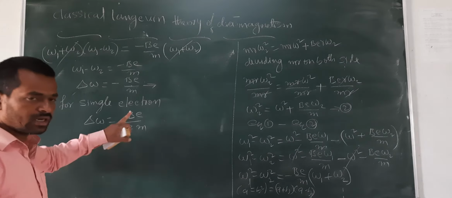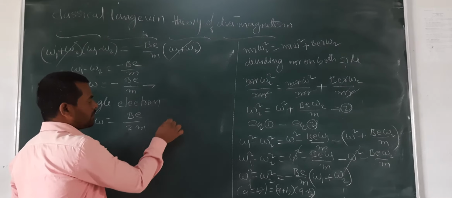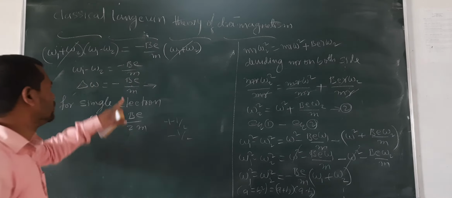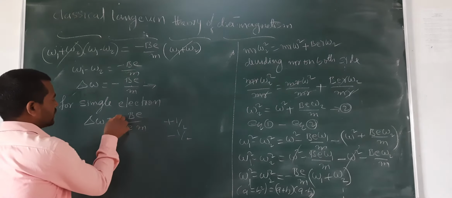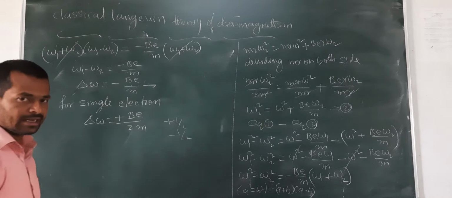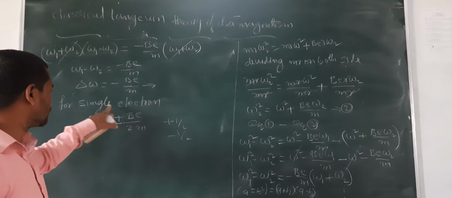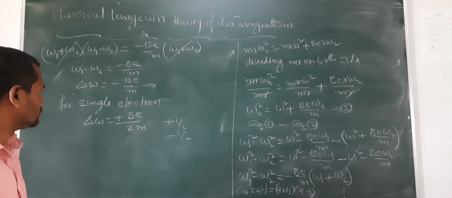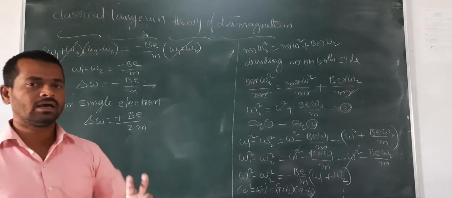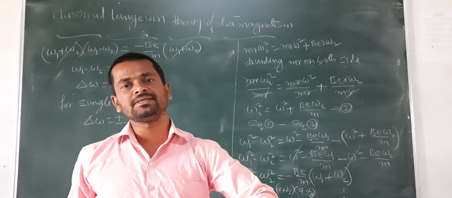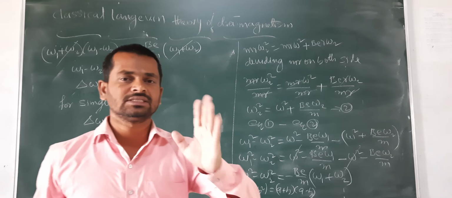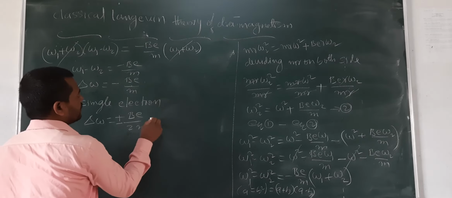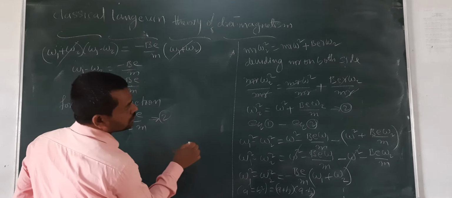So this for 1 electron may have a positive half or a negative half. Here only positive or negative is written, so simply write it as plus or minus. It indicates that a single electron may have positive half or negative half spin. Why? Because we know an electron has a half spin, a positive half spin and a negative half spin. So that spin is denoted in this manner, right? And let this be equation 3.